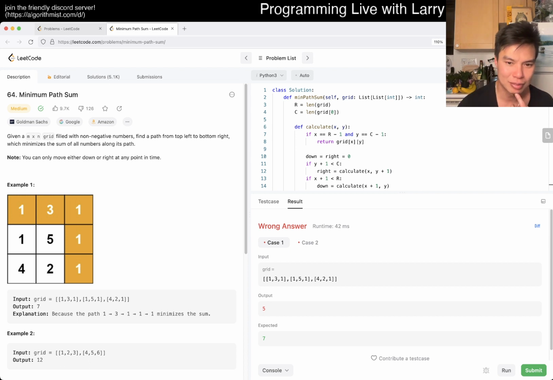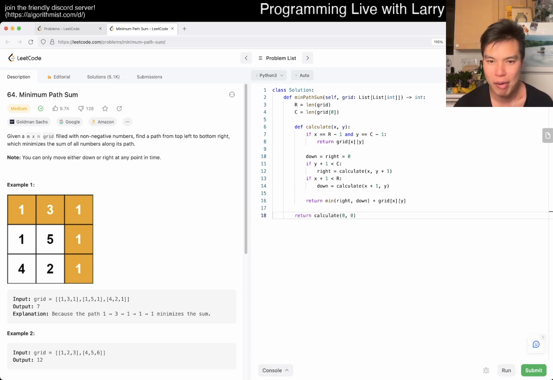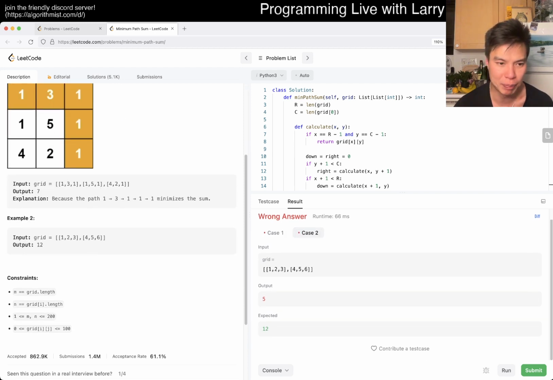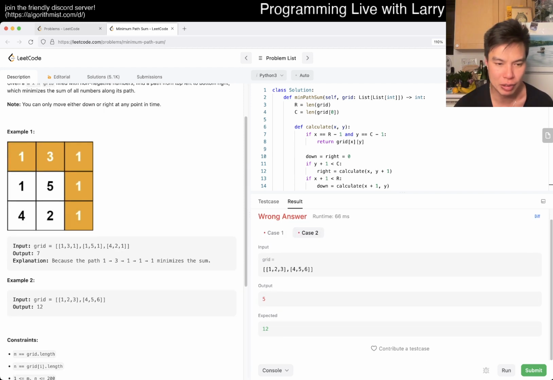And then you just return calculate from 0, 0, and it should be mostly good except for the memoization part. Did I mess something up? Why is this not right? I mean, like I said, we didn't do the memoization part, so this wasn't going to be right, but